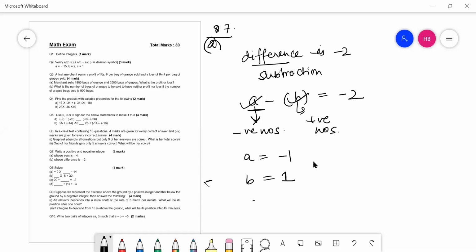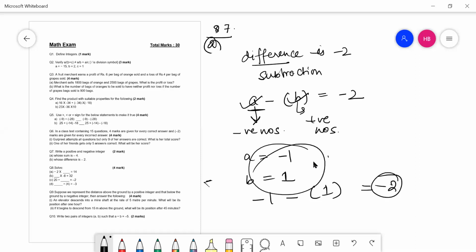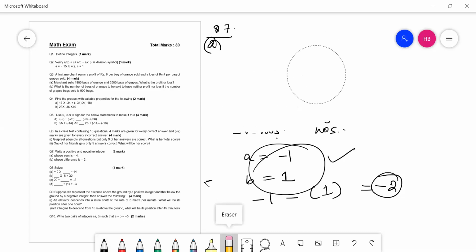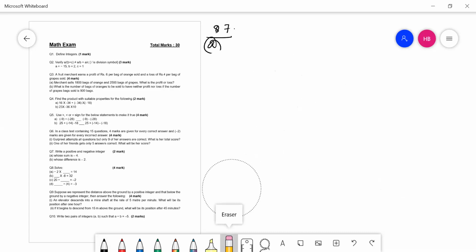See, -1 minus 1, so minus and minus, same sign, 1 plus 1 is equal to 2, and -2 is the answer. So the easiest way you could have done it is to assume a as a negative number and b as a positive number, take a as -1, b is equal to 1. Again, it can have multiple answers. One of the easiest answers you could have found is where a is -1 and b is 1. That's how you can think about this question. Okay, so I have explained question number 7 also. Let's move to question number 8.